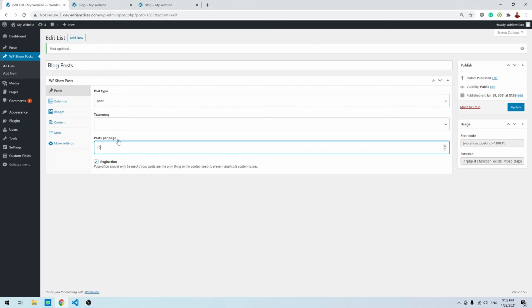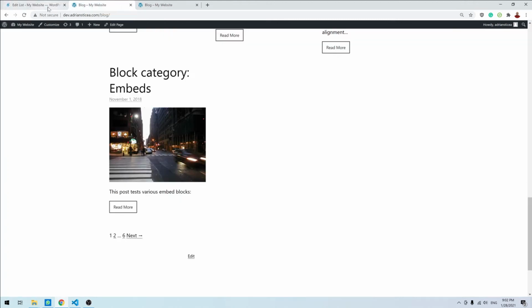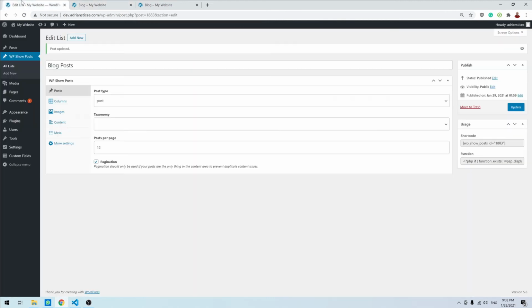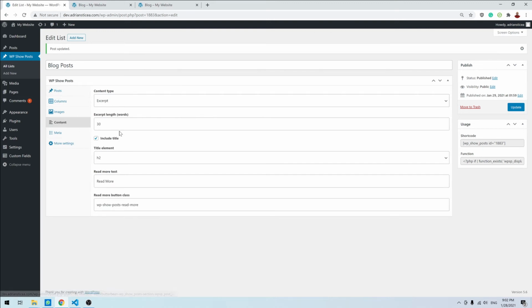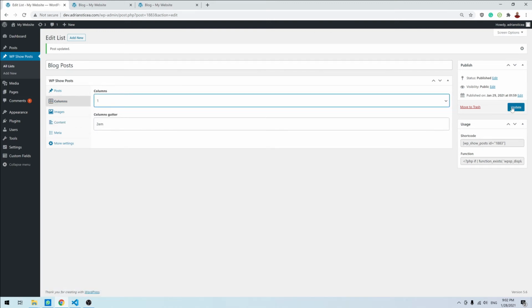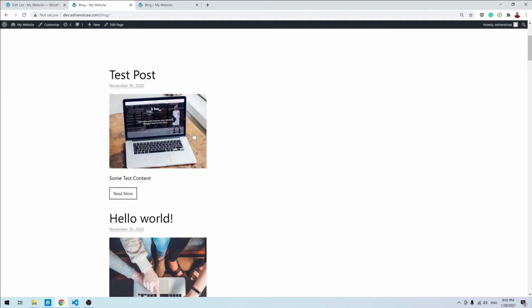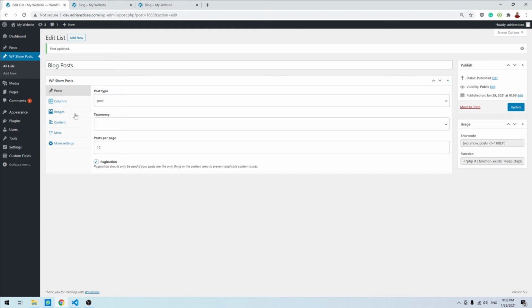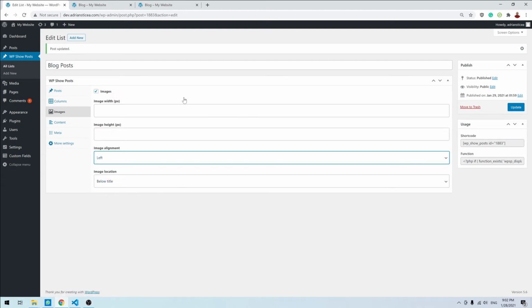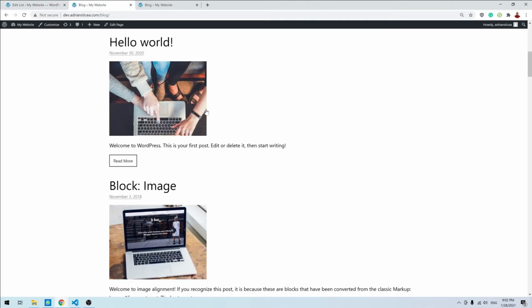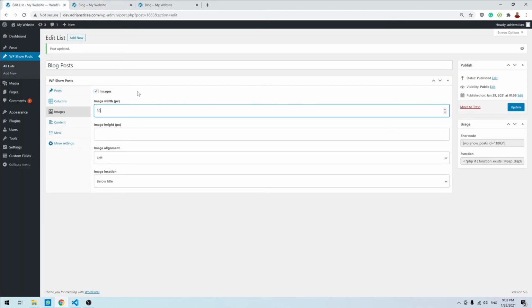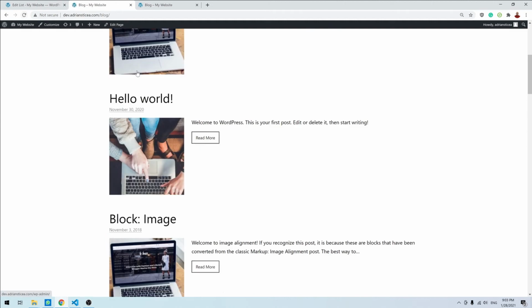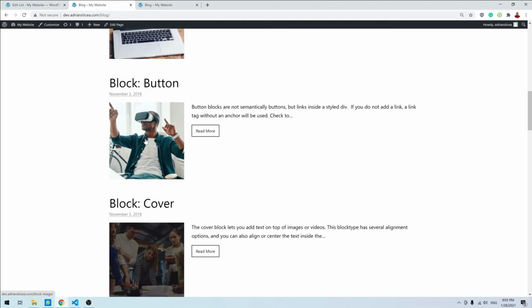We can put more posts, like 12, so we will have an even number here. We can also have just one column, and update. And when we refresh, we have a column here. We can align the image to be on the left. And just to keep things consistent, I will give a fixed width and fixed height for the images, like 300 by 300, and update. And when we refresh, you see we have the image on the left and the content on the